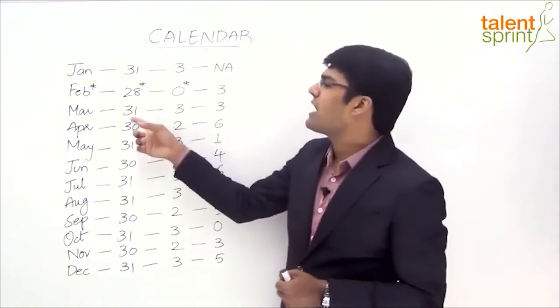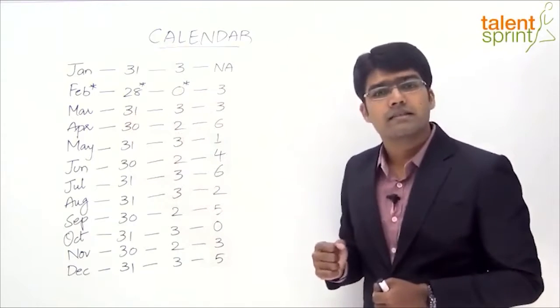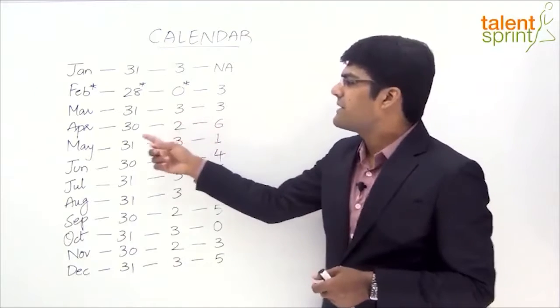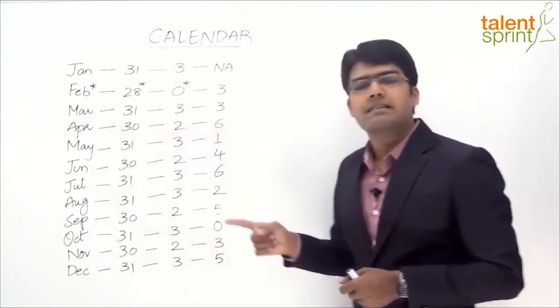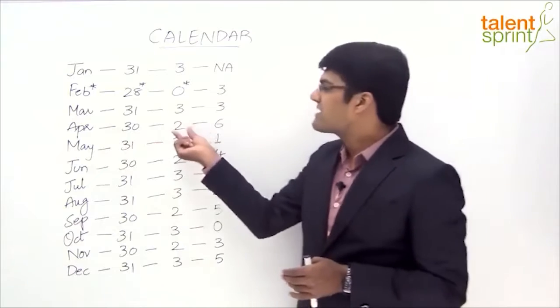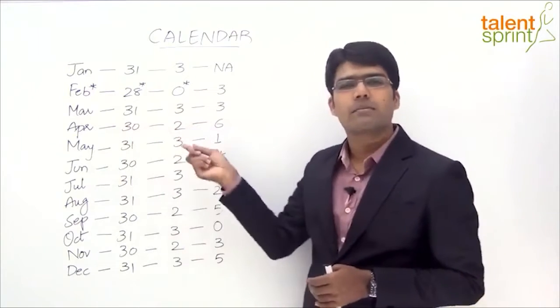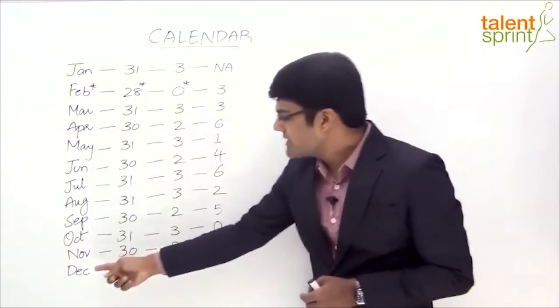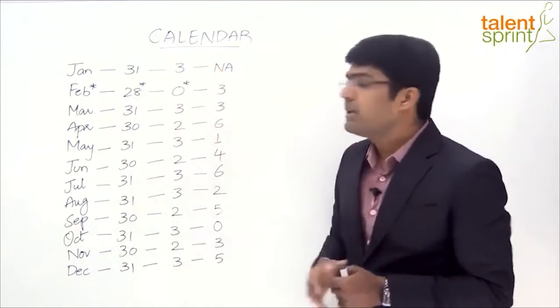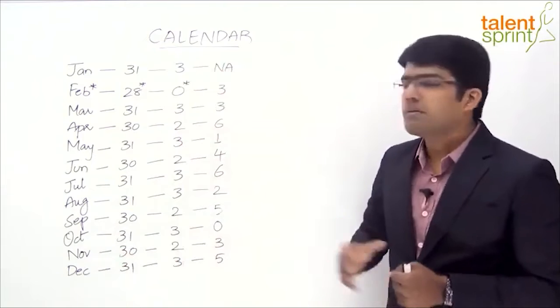Then comes the month of March. March has got total 31 days, meaning 4 weeks plus 3 days. So 3 odd days. Likewise for April there are total 30 days. 30 days can be again split as 4 weeks plus 2 days. So that 2 extra days gives us the number of odd days for April. And so on up to December, the calculation is shown here. So the number of odd days is what is given in column number 3 for each of the months.